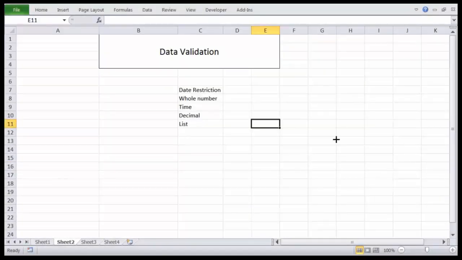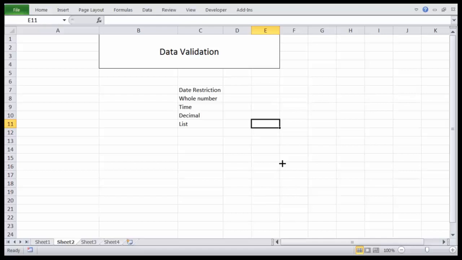In this video, we'll understand how to use data validation. Note that Excel provides you with a tool wherein you can restrict the content of the cell. As an example, suppose you want to restrict a person to enter a value within, let's say, 10 to 20 in a cell, you can do that restriction.